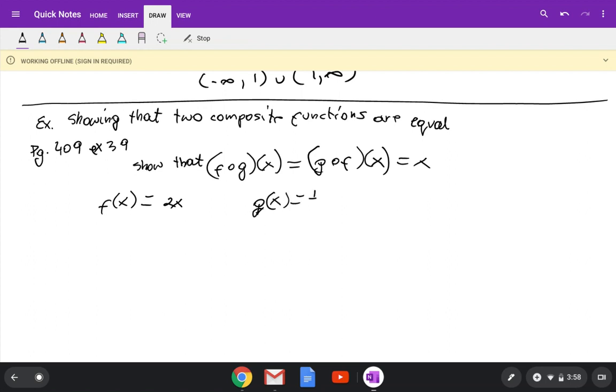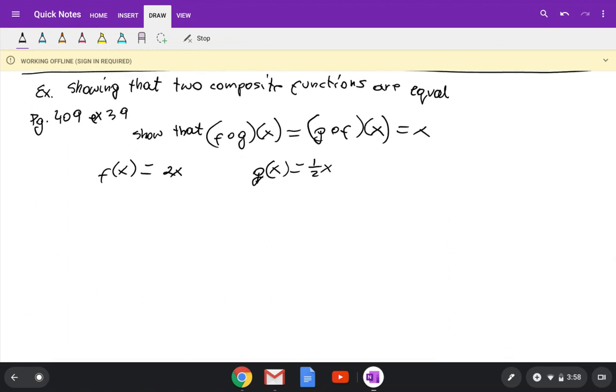In next section 6.2, it's going to be the definition that if f composed with g and g composed with f both equal x all the time, those functions are inverses of each other. But we're going to talk about it next week. So how are we going to do it? Okay, so technically you have to show.